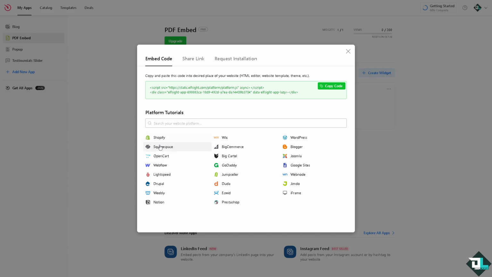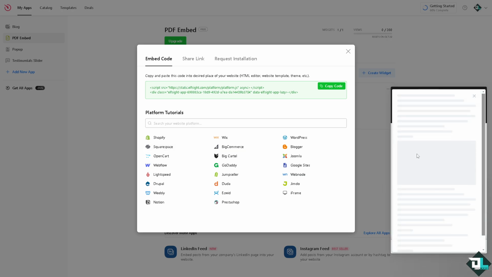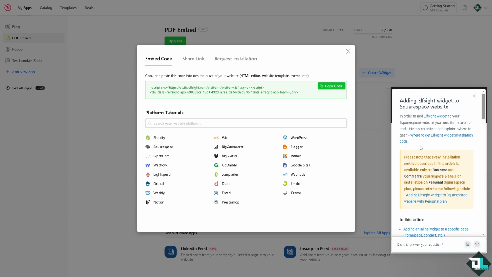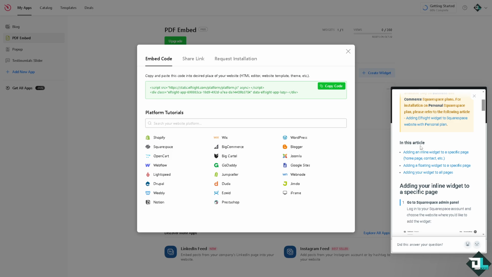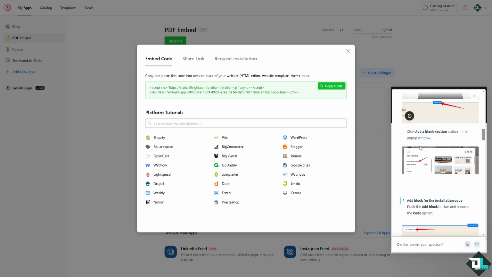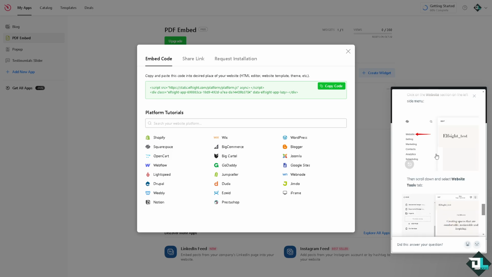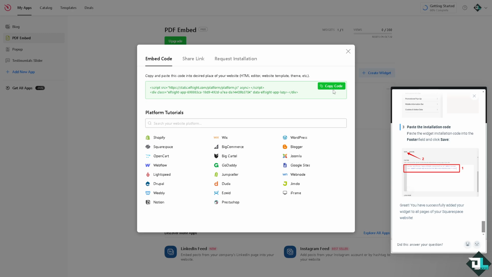Now, these are going to be some of the seamless integration for Elfsight. You have a Shopify, of course, we're using Squarespace. You have Wix, BigCommerce, BigCartel, GoDaddy, JumpSeller, Ecwid, Weebly, Lightspeed, Webflow, OpenCart, and a lot more. Notion, WordPress, Blogger. So we're going to click on Squarespace, and what will happen is there's going to be a small AI bot that would give you guidance on how to do that. But don't have to worry, because if you need more guidance, just read and understand from this or copy code,